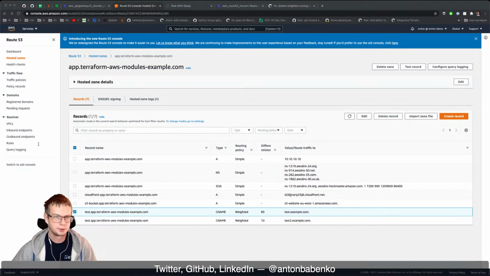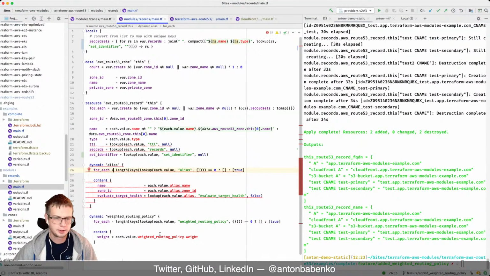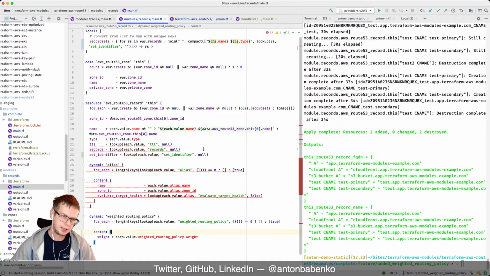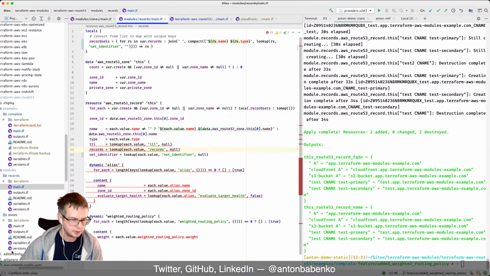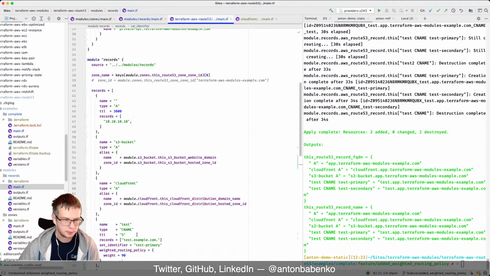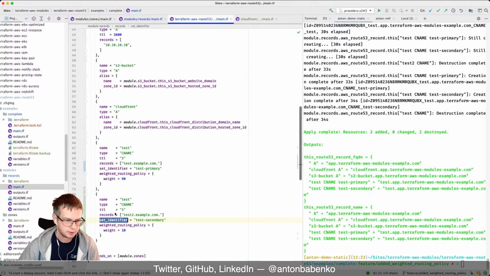So as you can see, the solution is not very simple, and I didn't know about this when I did the code review for this pull request myself. So I didn't know about set identifier to be used here. I just forgot. Okay, so here we go. What else can we do? If we look into the source code here,